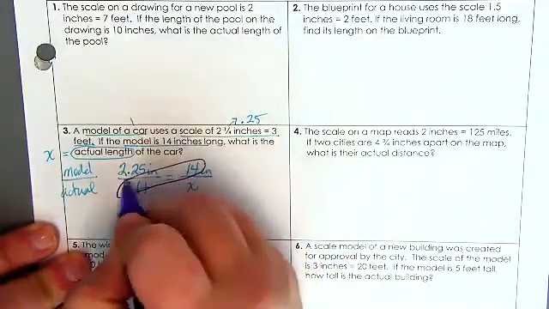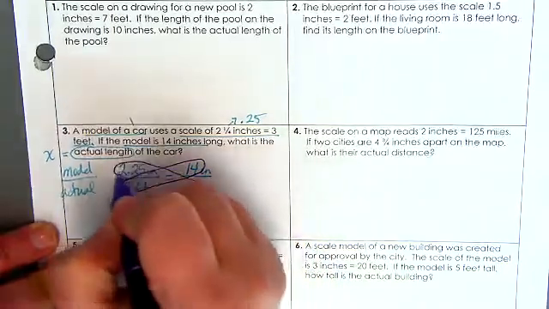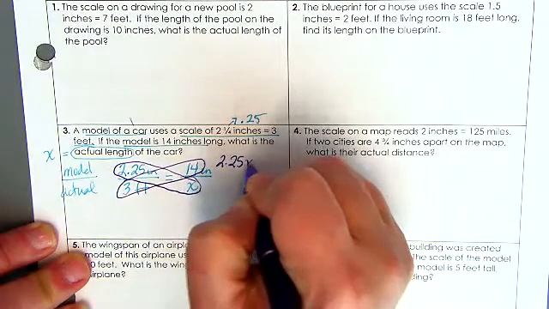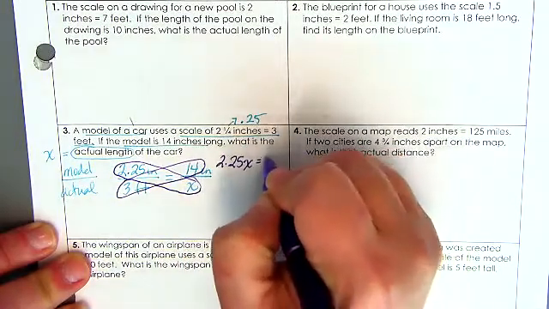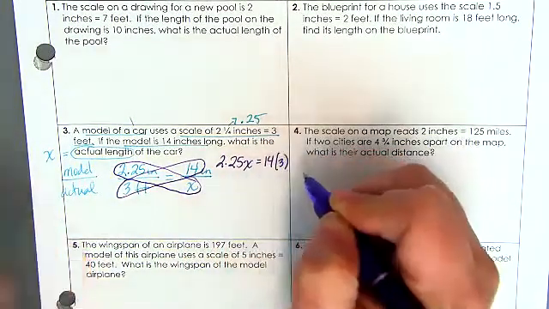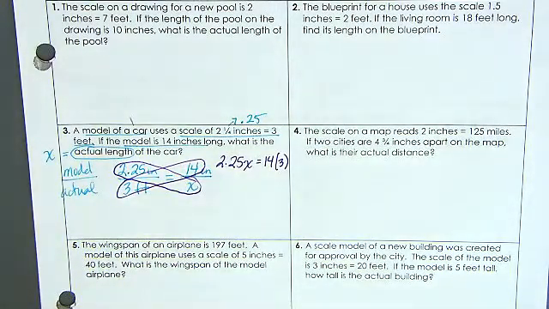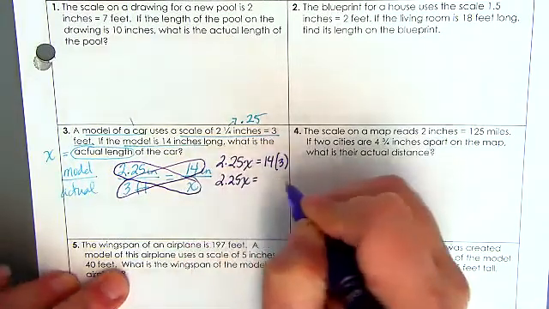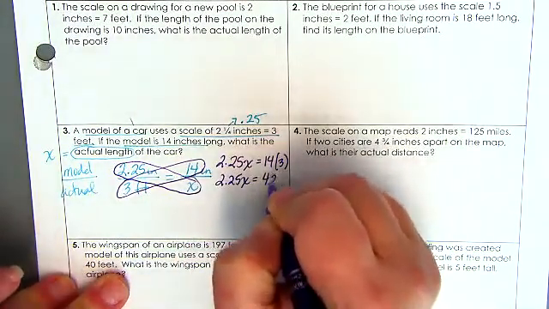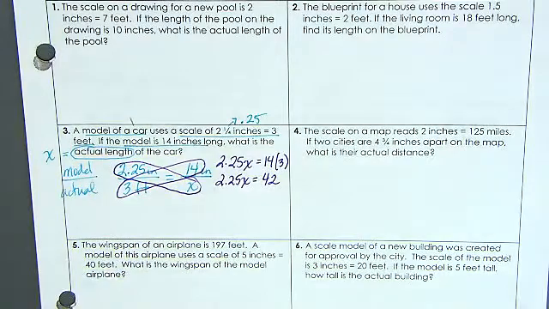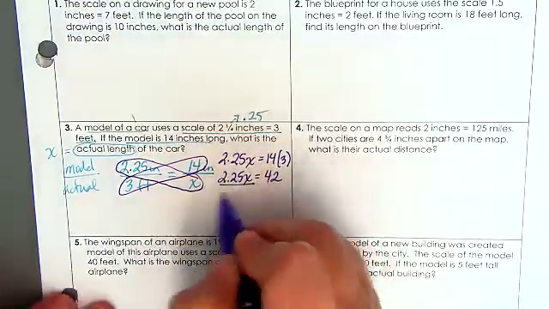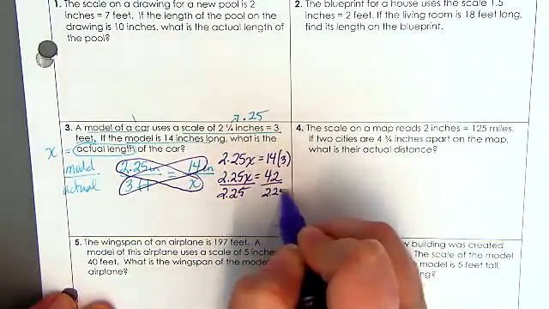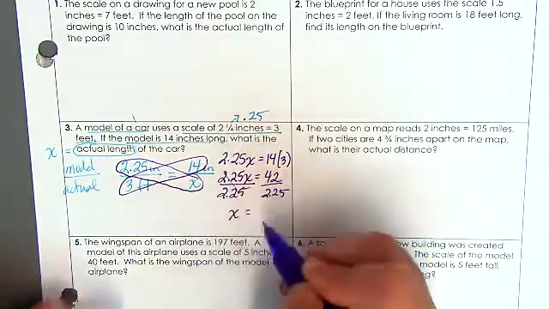So I multiply diagonally and I get my equation, which is 2.25x equals 14 times 3. And yes, you get to use a calculator. So we have 2.25x equals 42. And then I divide by the 2.25 to both sides, and we end up with